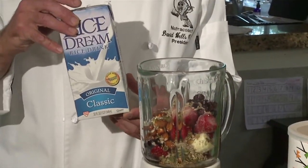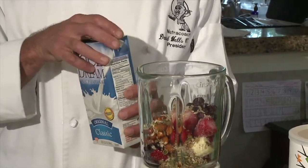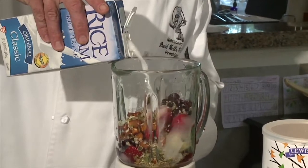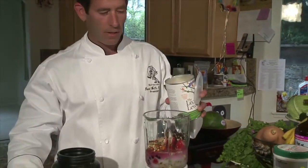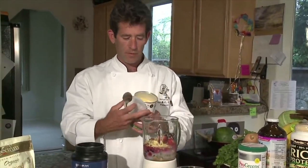Milk preference, I like to use this. It's nice because you don't have to refrigerate it. You can always have it on hand. It's organic rice milk. A cup of that. I'm going to add the lecithin now. We're going to have all the ingredients in there, a nice tablespoon,